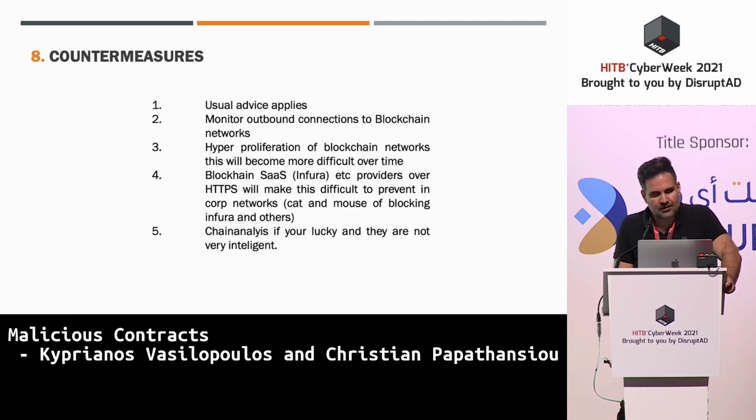But in addition, in this use case, you need to monitor outbound connections on your network for blockchain networks. So if you have a SOC or some sort of outbound monitoring, make sure that it's monitoring for blockchain transactions. Now that becomes a bit of a cat and mouse game because there's a hyperproliferation of blockchain networks out there. There's one coming up every single day. And it's further compounded by the various SaaS-based, not RPC-based, ways to interact with blockchain networks, like Infura, if you guys are familiar with that. It's basically interacting with the blockchain over HTTP. And because HTTP is ubiquitous in a corporate network, it's very hard for you to block it. But there's ways,